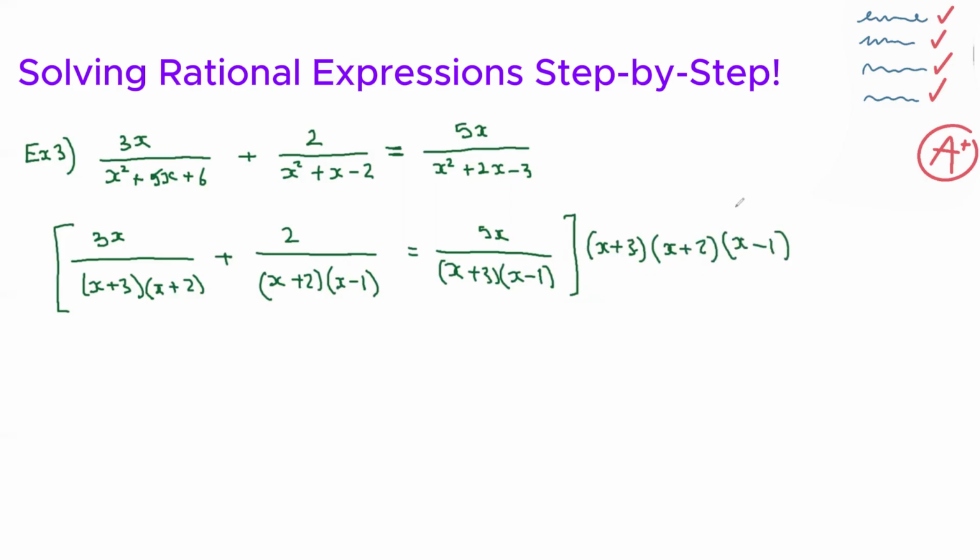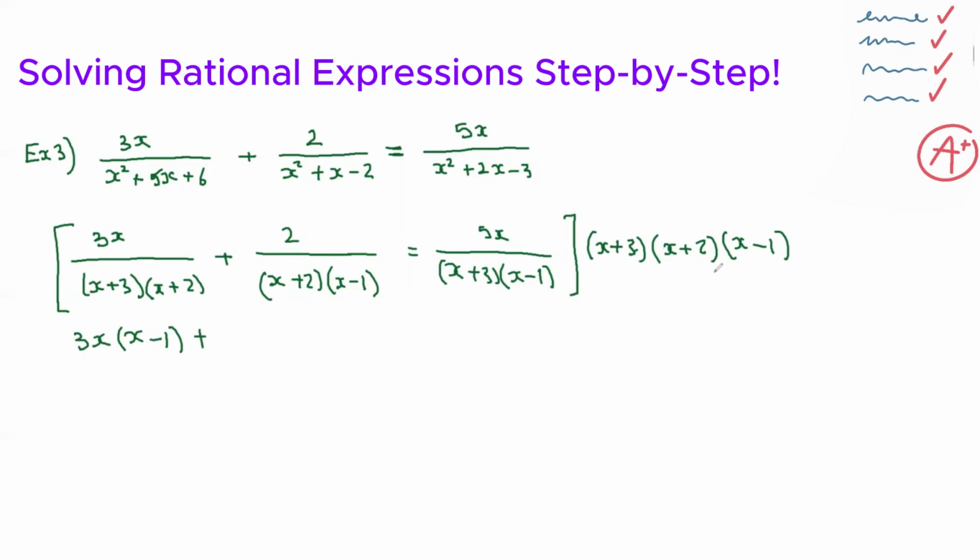So again, as I said earlier, you compare this with this here, and I know the x + 2 and the x + 3 will cancel because you're multiplying this to the top, and you'll be left with x - 1. So the 3x will be multiplied by x - 1 plus,